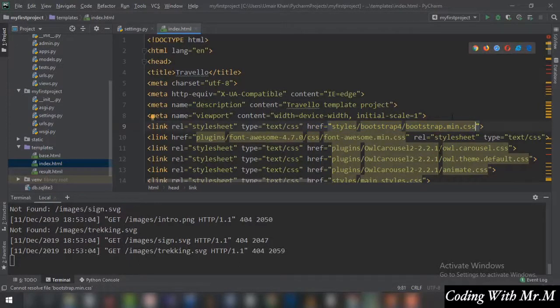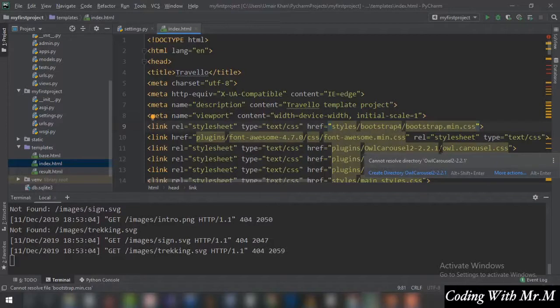So that's why this CSS thing is not being shown on the browser screen. So now what is going to be the solution for this? Now you are going to use the Jinja format right over here. Now the first thing you need to do over here is that you have to include